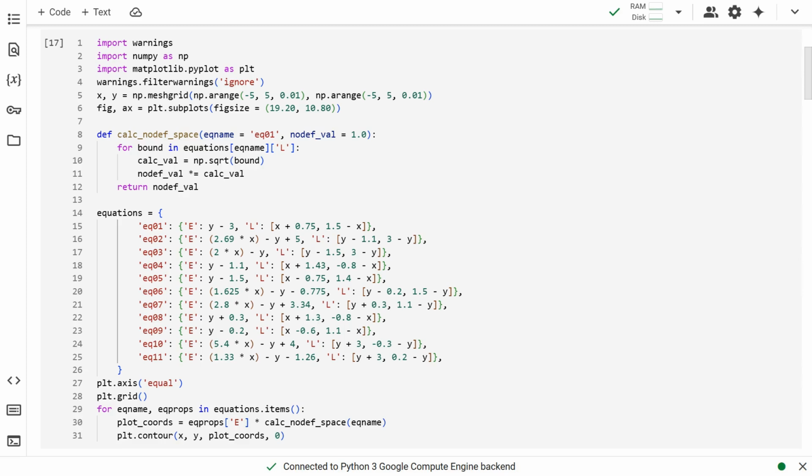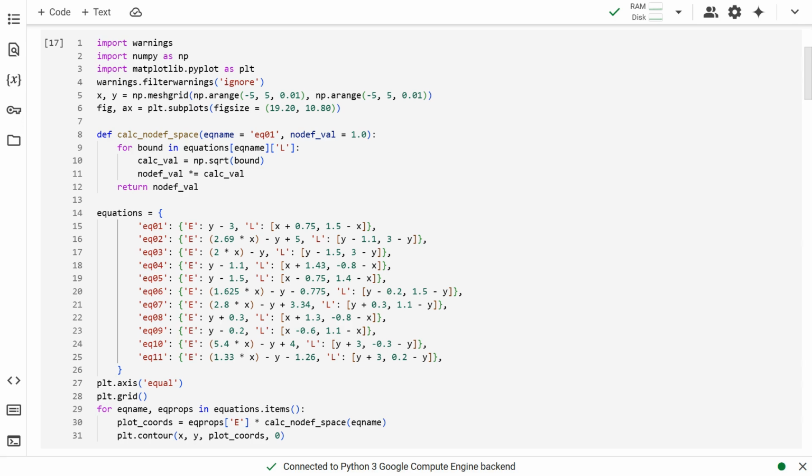Now that we are done with framing the equations, let us plot them using Matplotlib and Python. Additionally, we use NumPy for calculating the points. We form a mesh grid, with -5 and +5 as limits, and an interval of 0.01 units. We create a figure of appropriate dimensions to draw the emblem on.